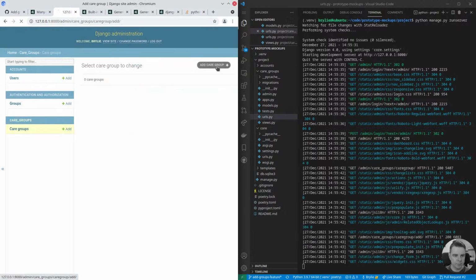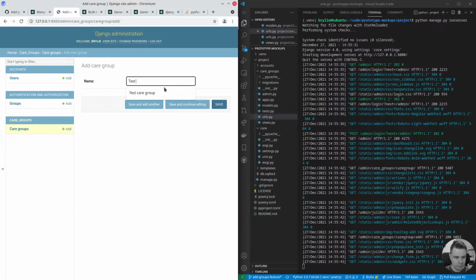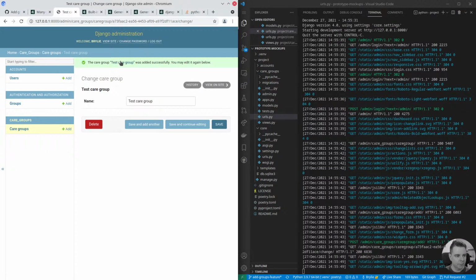I have no care groups. If I add one, save and continue editing. Test group. Now it looks to me like a pretty good UUID. Now if I view it on site,